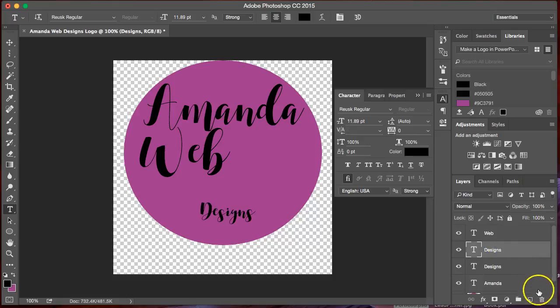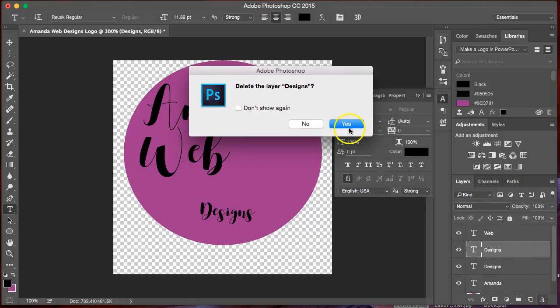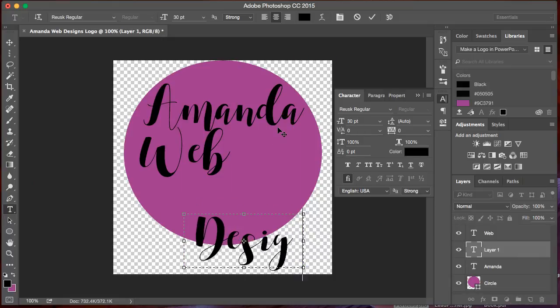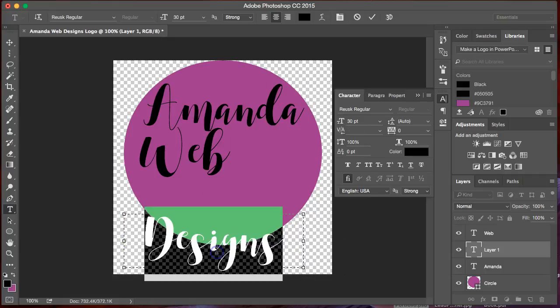Oh, I created a new layer. Why can't I get to the design layer? Okay, I'm just going to delete this layer because it's annoying me, and I'm just going to create a new layer. Click here, and then make my layer. Make sure that it's, see how it disappears if it's too big. So sometimes when you type, you need to make sure to